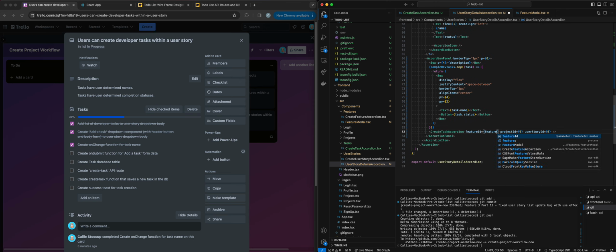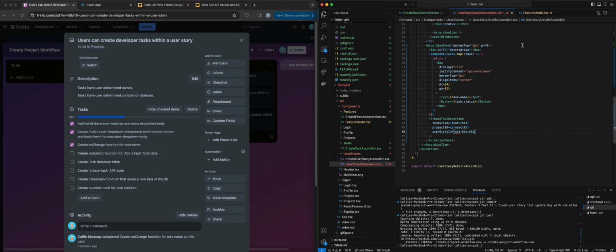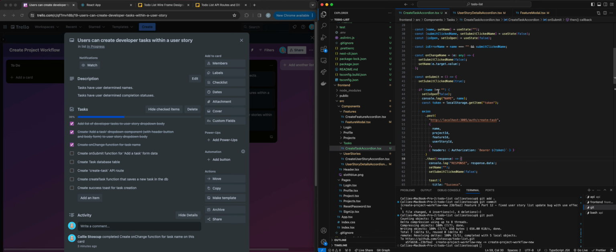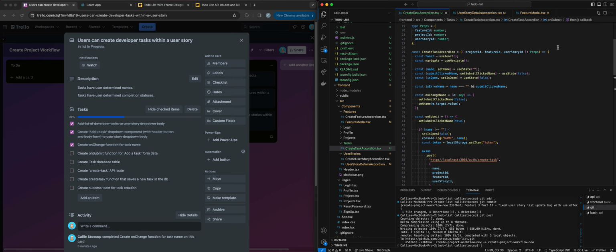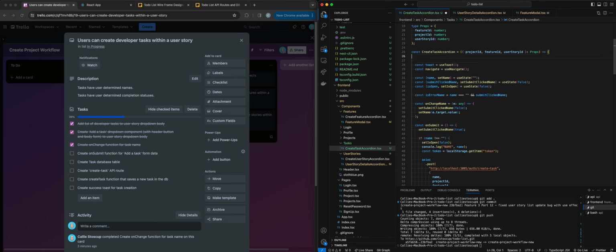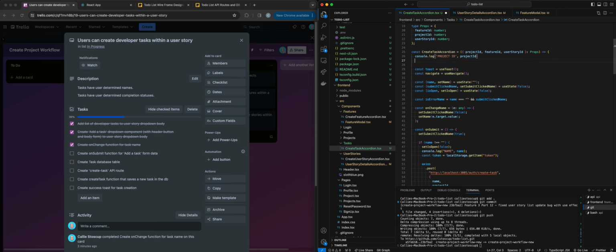So feature ID, project ID, and user story ID. So now let's go to our create task and let's console log those props. Console.log, project ID, feature ID,